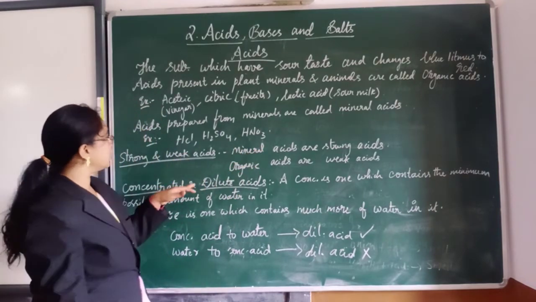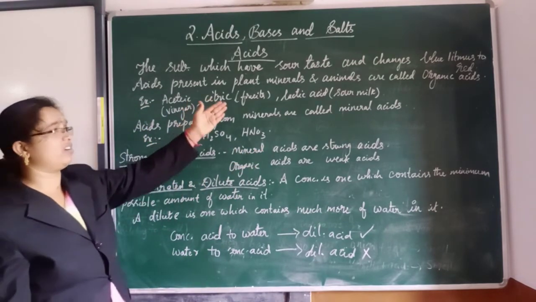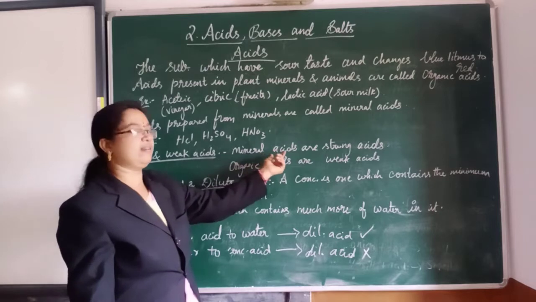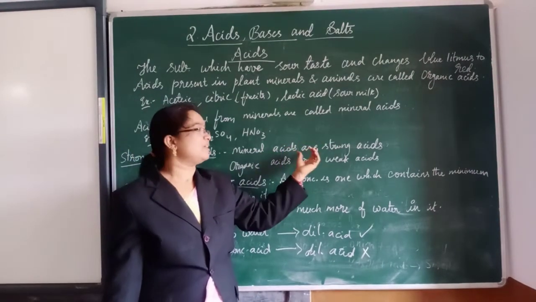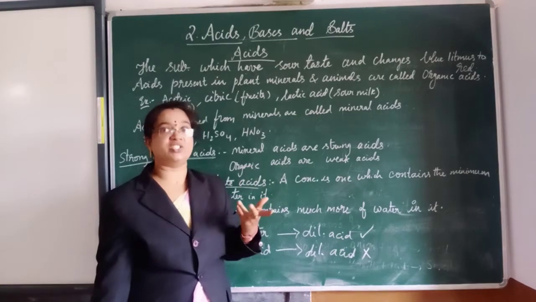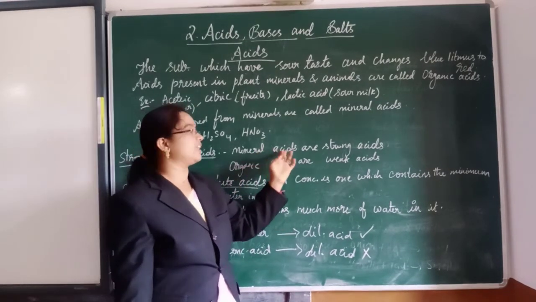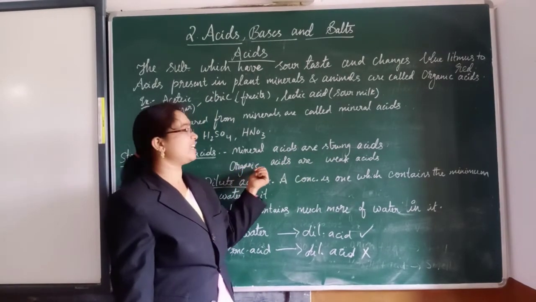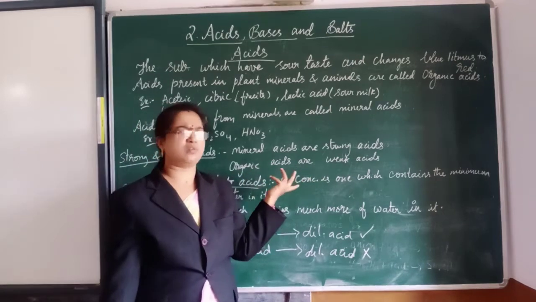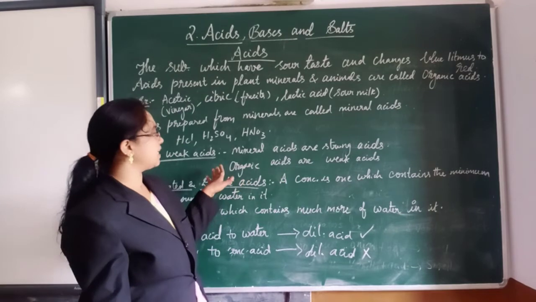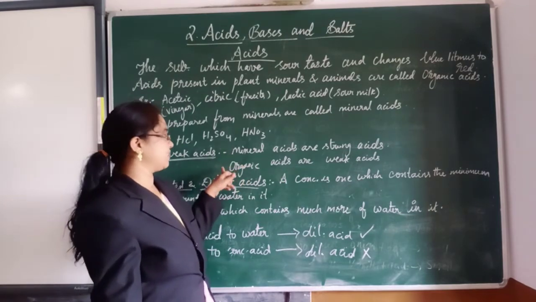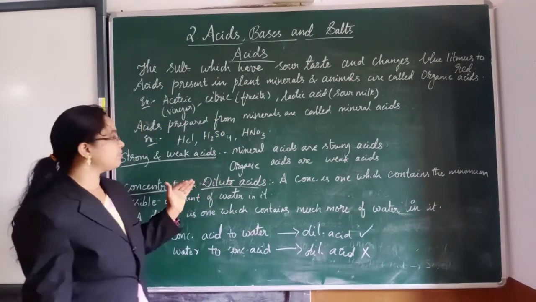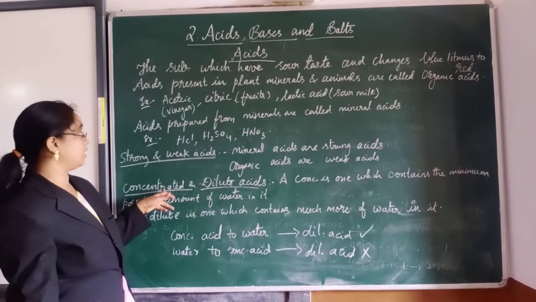Okay, here those mineral acids and organic acids also have some other names. We will call all the mineral acids strong acids. Means we cannot consume them, they are very strong, they are dangerous to handle. So those mineral acids we will call strong acids. And the next one is organic acids. All the organic acids are weak acids. We can consume those weak acids, so no problem. So that's why we differentiate mineral acids and organic acids as strong acids and weak acids. Clear?